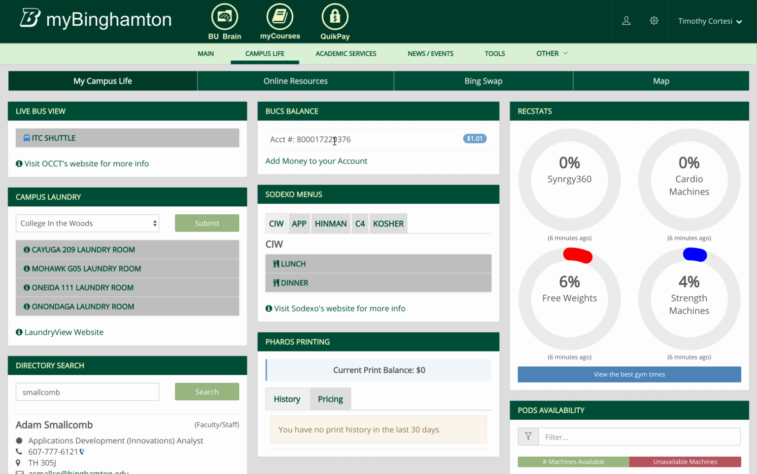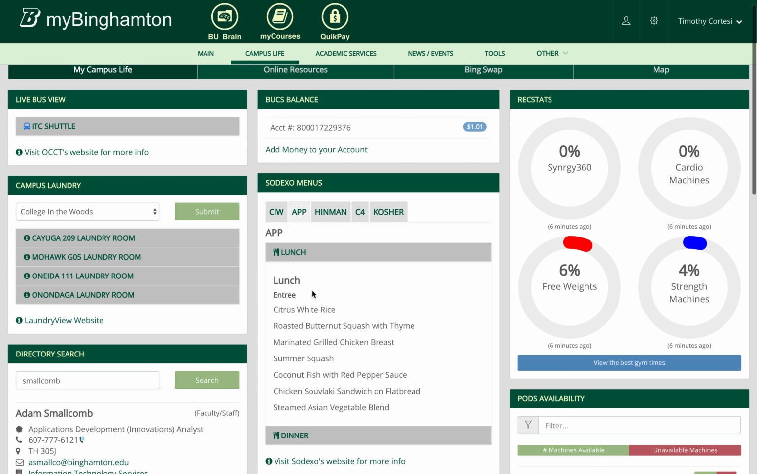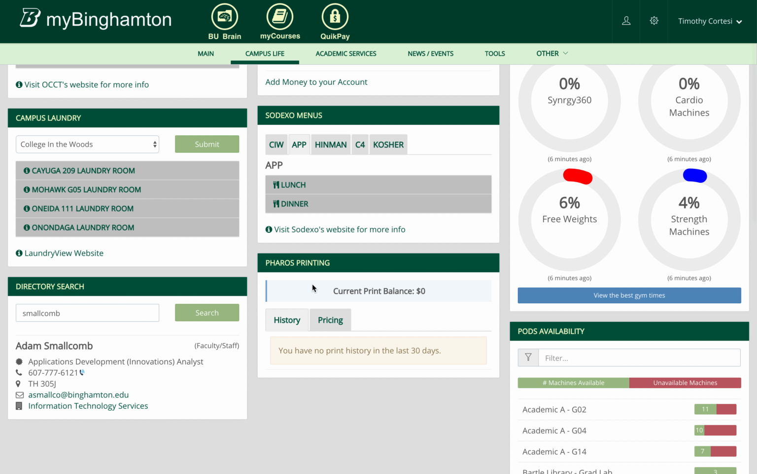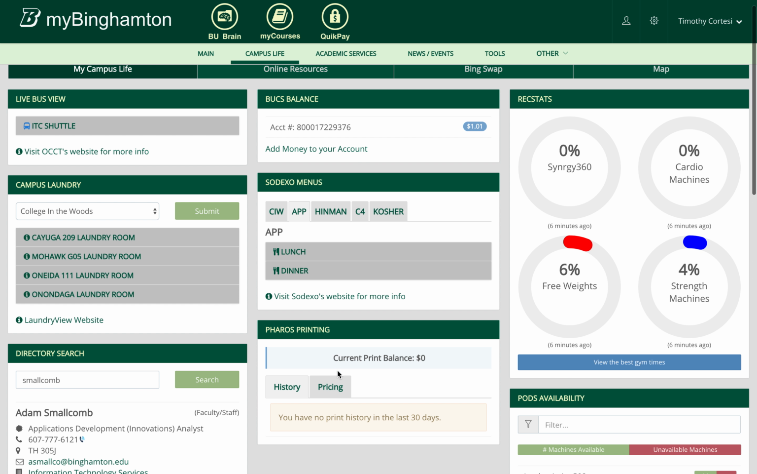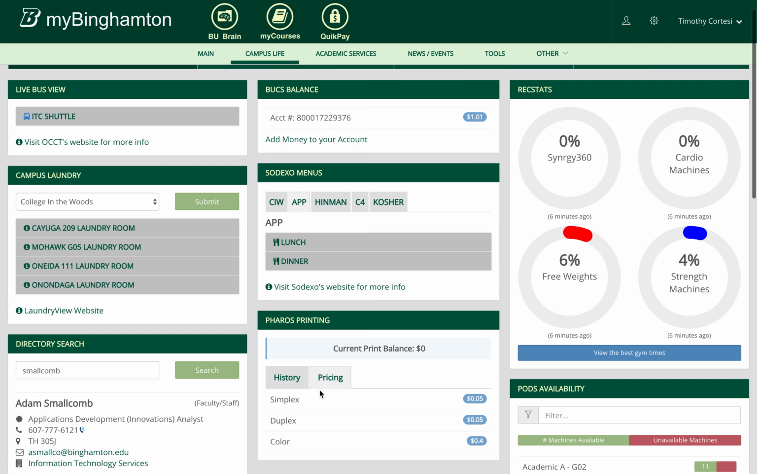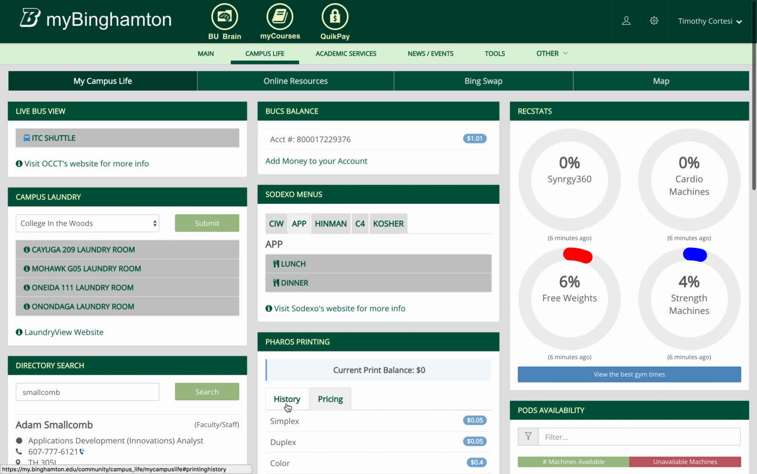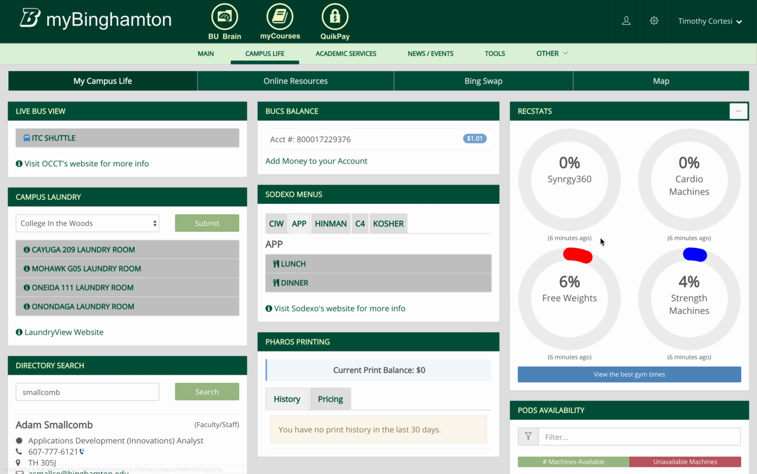Similarly, here we've got a bucks balance. This is the Binghamton University declining balance that is used for purchasing anything from food on campus to 3D printing. Sodexo menus, this is showing all of the menus for all the different dining halls and what's available that particular day. Your print balance associated with your declining balance available to every student for printing. We have the rec stats here, which shows